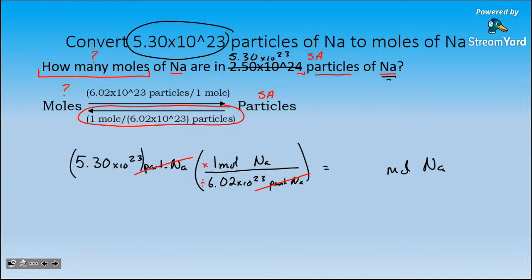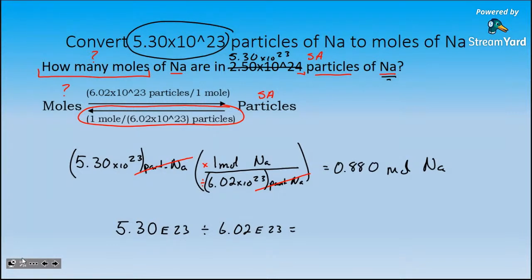Again, I'm either going to put both of these values inside of parentheses, or I'm going to type it in as 5.30 E23 divided by 6.02 E23, and then hit enter. I find it's easier to do the E. So 5.30 second comma to get the E to the 23rd divided by 6.02 second comma for the E 23, hit enter, and I get an answer of